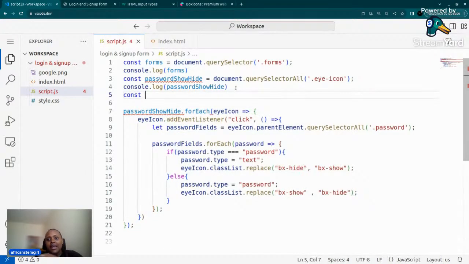I will now say links is equals to. It's always good that all the code you're writing for accessing your HTML elements, you add it at the top. So we have const links, and then we say document